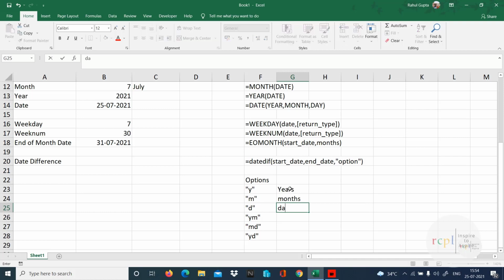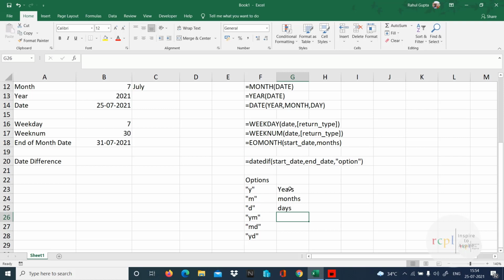D, days. Total number of days from that date till today. Means it could be greater than 30, greater than 365, depends on the date again. So here we are going to get exactly total number of years, total number of months, and total number of days. But if I talk about age, this is not a factor which we used to take. We used to take years and then months which are always less than 12 and days which are always less than 30.